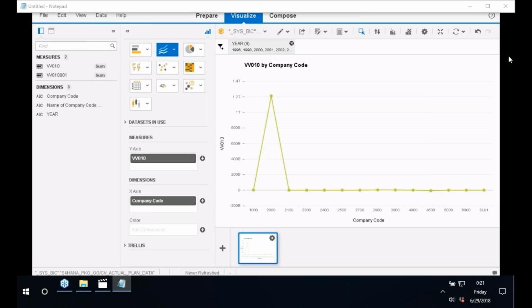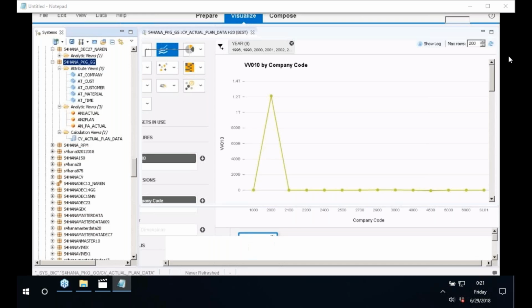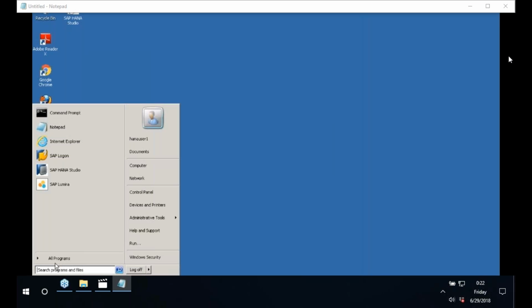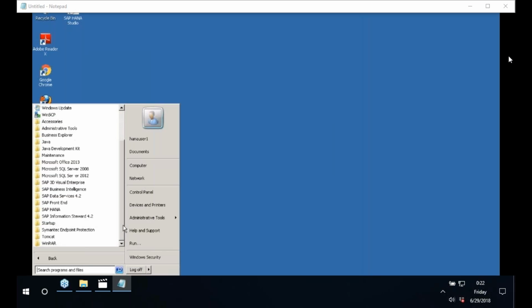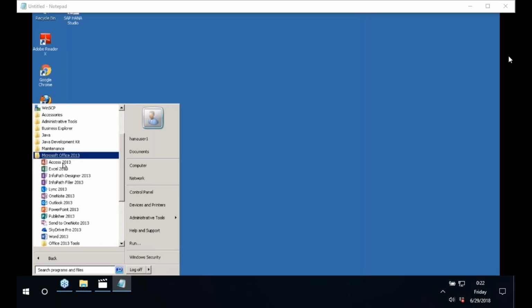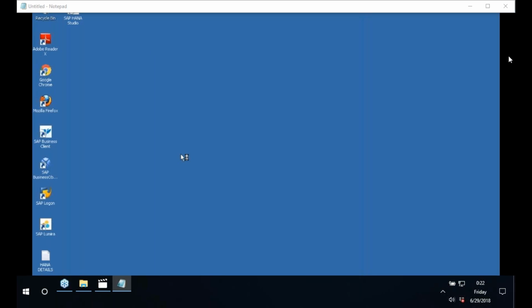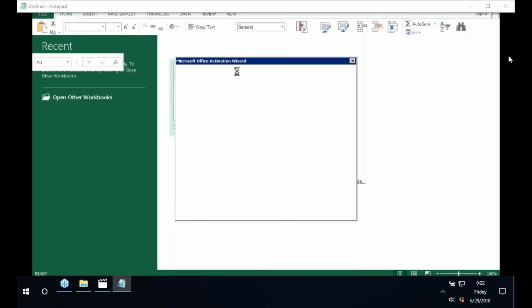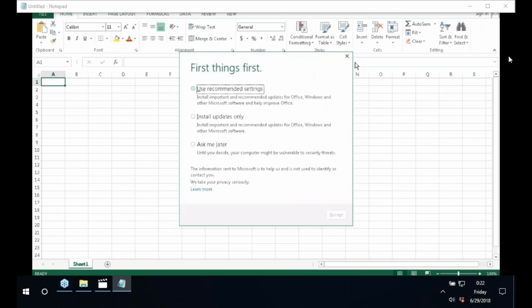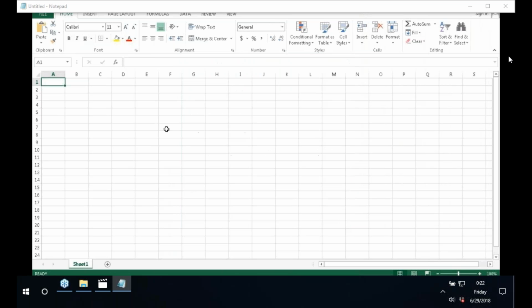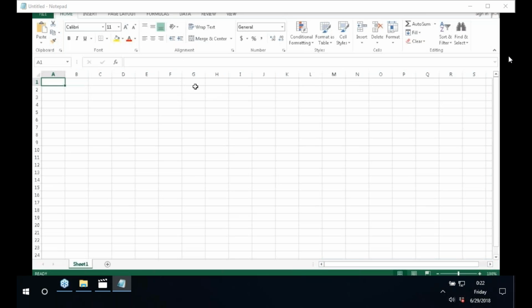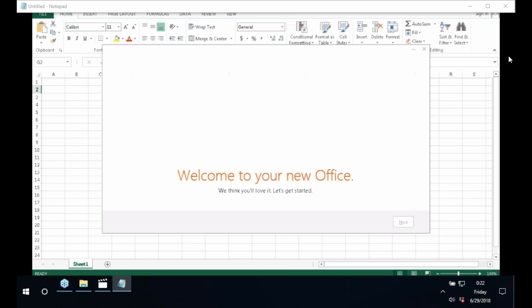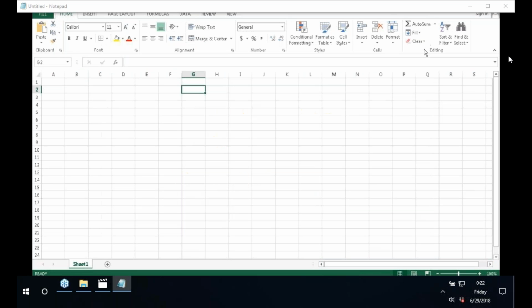Now, if you see here, click Start, click All Programs, click on Microsoft 2013, click on Excel. Now, even HANA can directly connect to Excel. The normal Excel that we use, HANA can directly connect to the normal Excel. Business users would love to work on Excel. In order to connect to Excel,